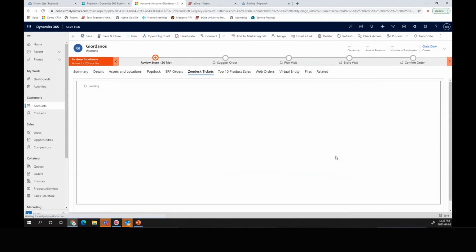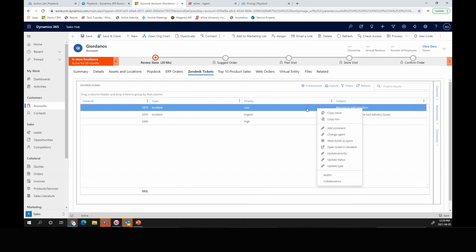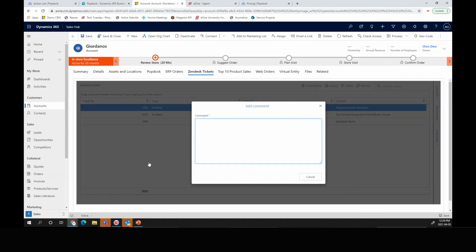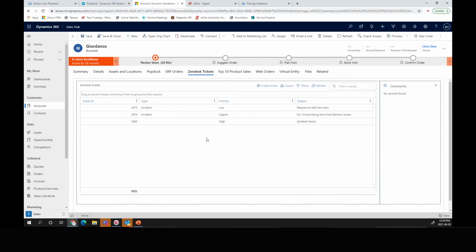Just to show you those Zendesk tickets, because I like to show them everywhere and they stand outside of the ERP/CRM world. Notice here, I've got 3 tickets being displayed. So these are only the tickets for Giordano's. Okay, and again, I can right click and I can add that comment. Hello again. I can save that. And now if I come over here and I show you those comments,